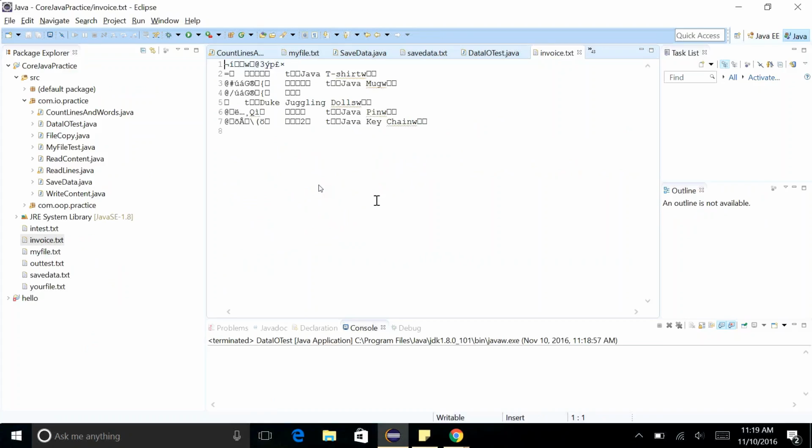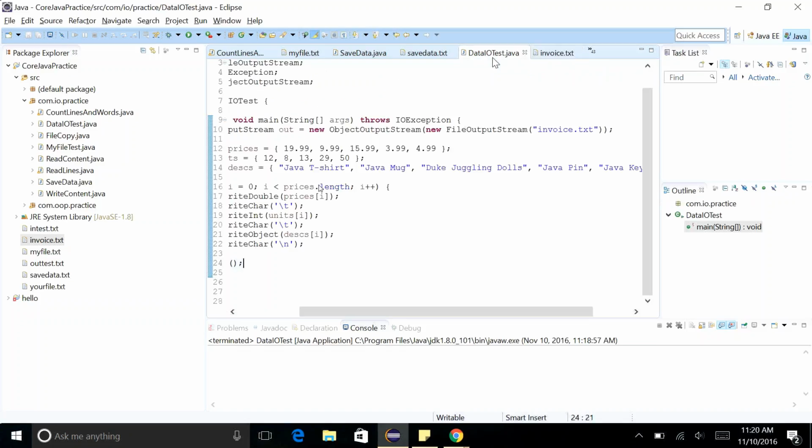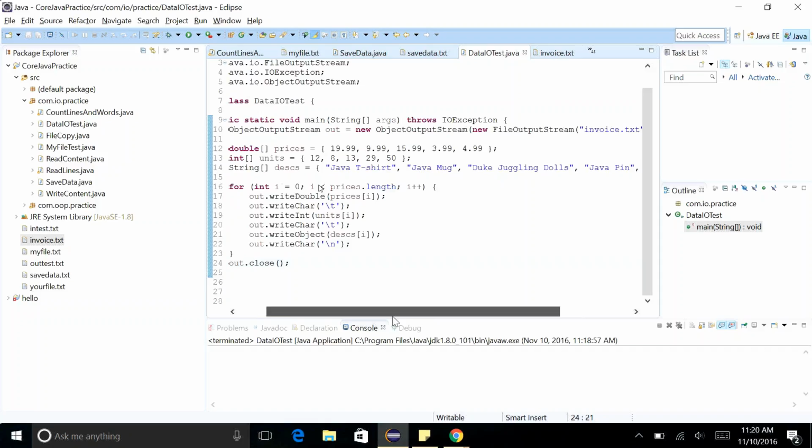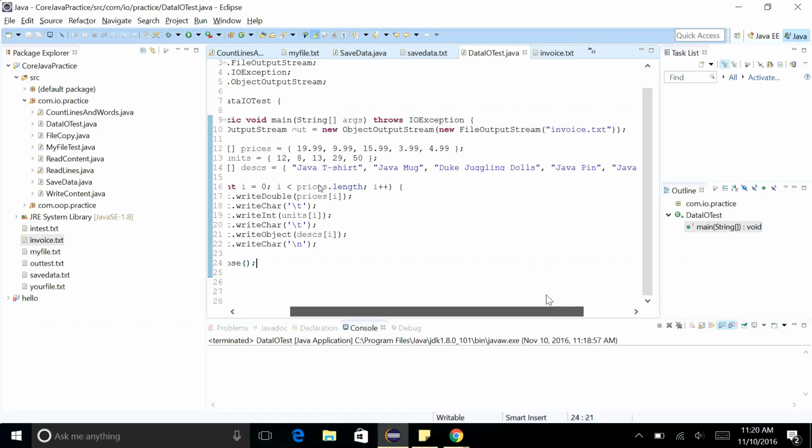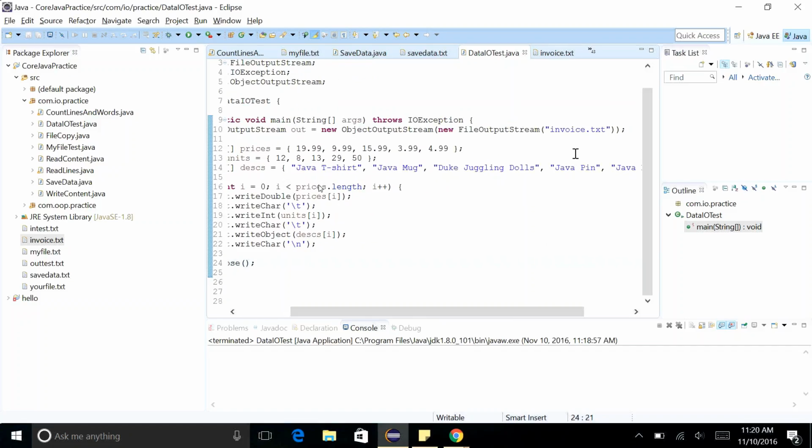Because you wrote the data in double format, char format, int format, object format, all that, it is not in a plain text readable format, right? So the data that is written by using your object output stream is to be read back by using object input stream, right? So let us read all the data back, whatever you wrote in invoice.txt. So let's read it. So for reading purpose, we need to have this